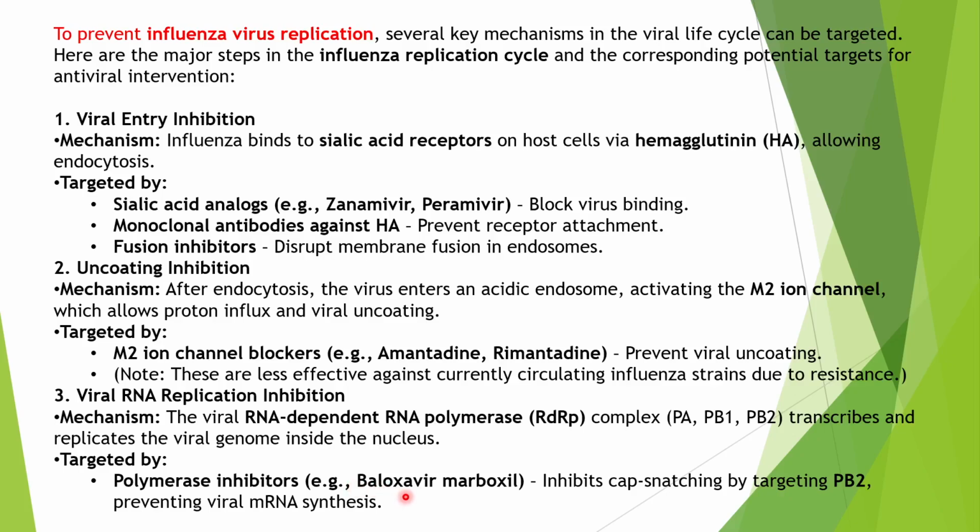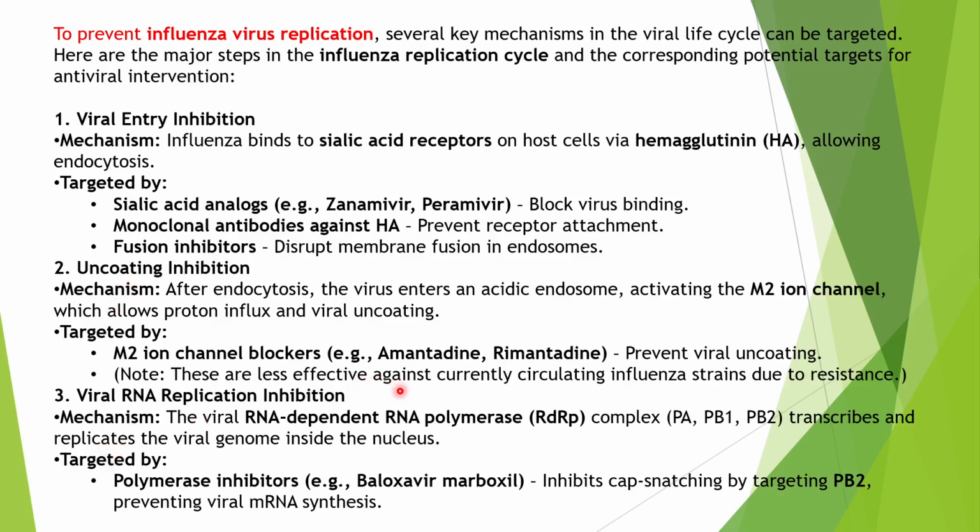An example is baloxavir marboxil. This inhibits cap snatching by targeting PB2, which is a part of the complex, and prevents viral mRNA synthesis. So here we discussed three steps which can be inhibited, that is viral entry, uncoating,